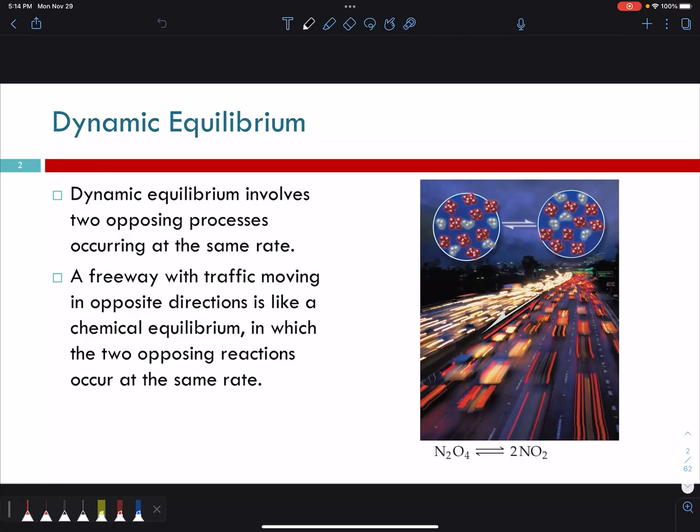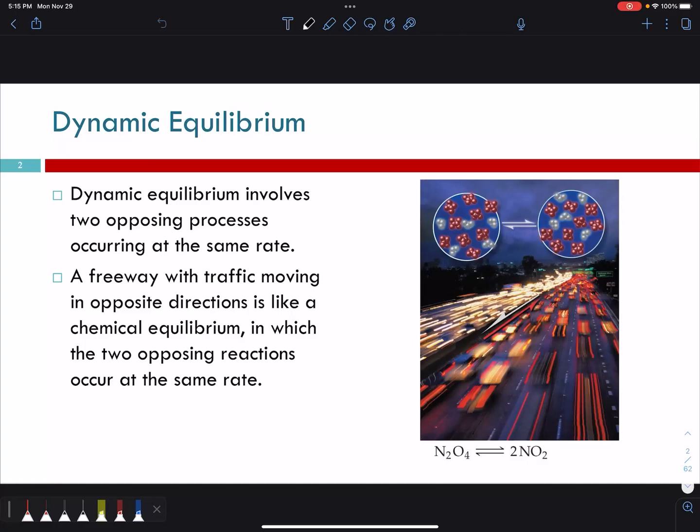For example, if you're riding your bicycle and pedaling as fast as you can, the rate of you trying to accelerate is countered by the rate of wind resistance pushing back on you. So you can maintain that speed as long as you can pedal hard enough to counteract the force of the air friction, which is why professional cyclists wear Lycra, because it has the lowest wind resistance.